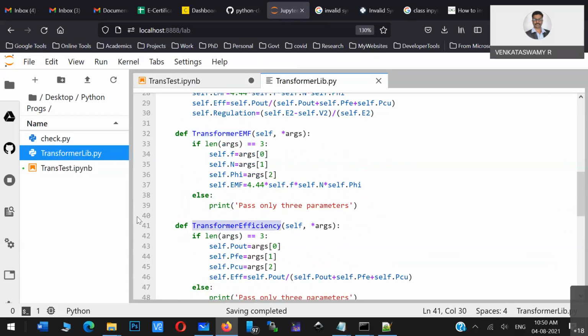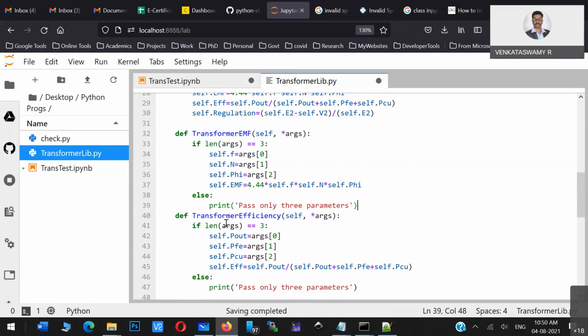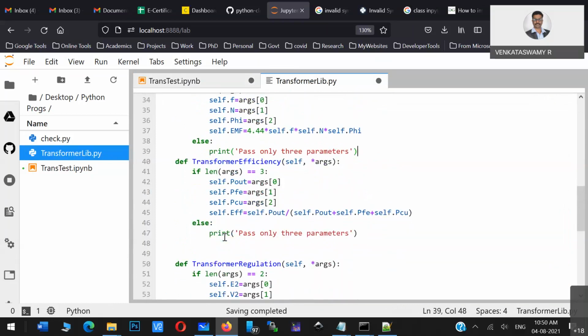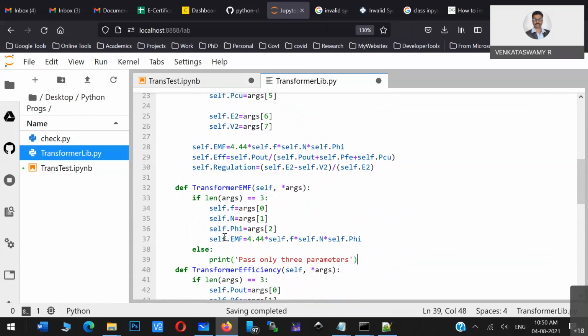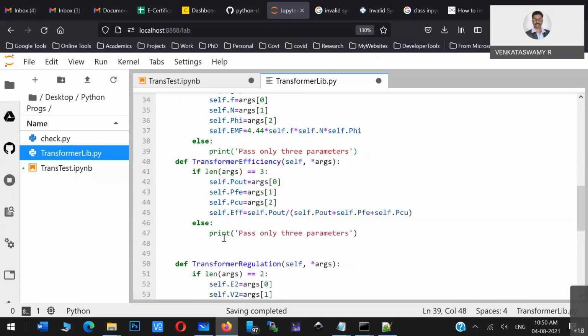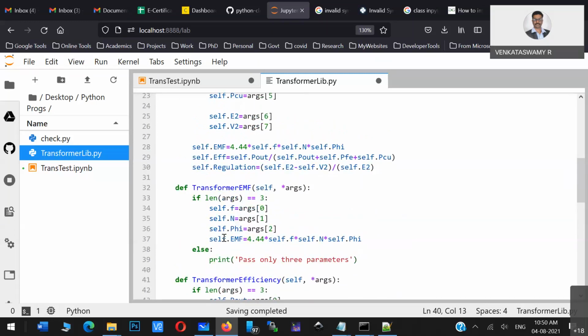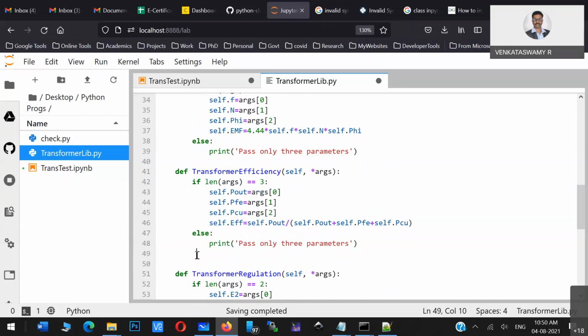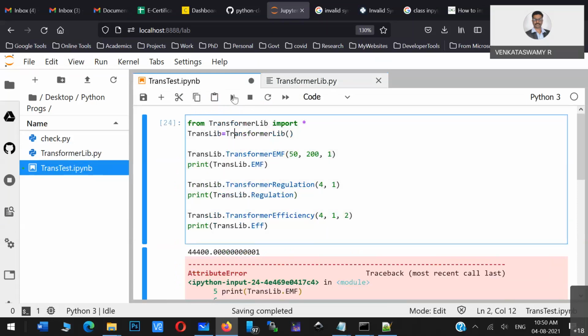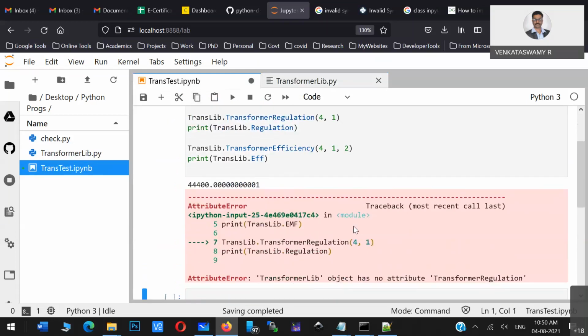Why that may happen? So this is correct. So can anybody rectify this issue?